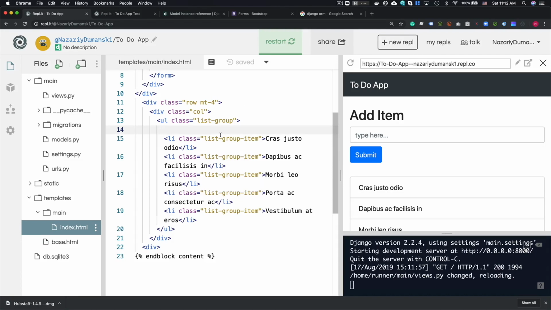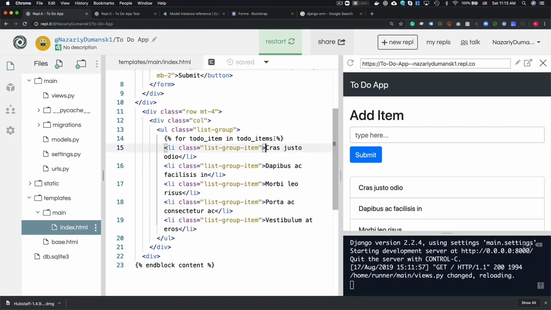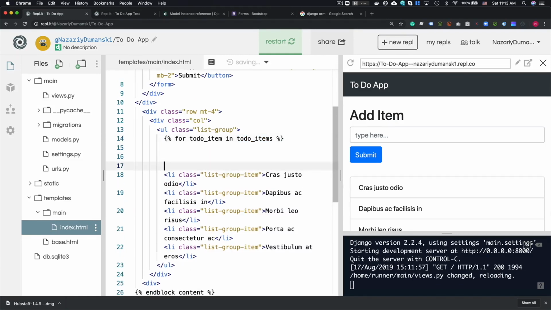In this case, we're going to use a functionality called for. The way you do it is you have a bracket syntax, and you do for to do item in to do items. And again, this name right here is the name that we specified in here. So just keep that in mind. If you have to change this, you would have to change this name, okay? After we're done, in order to close this for loop, we have to do endfor,